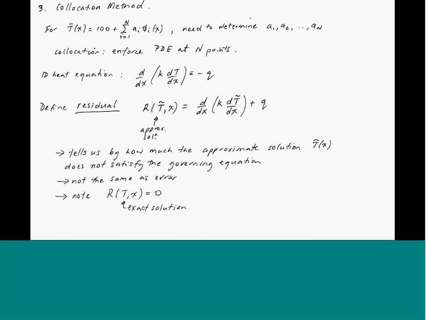So one thing we do know is, what happens if I substitute in the exact solution here? The residual is 0 everywhere. Okay. All right, so how is that going to help us with our collocation method? So we defined the residual,